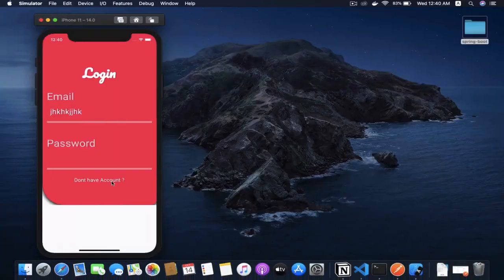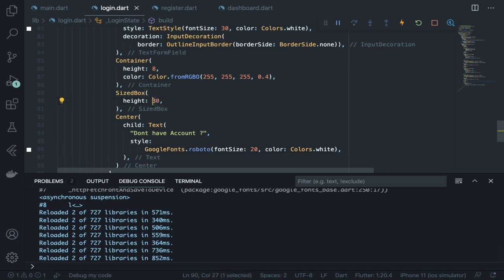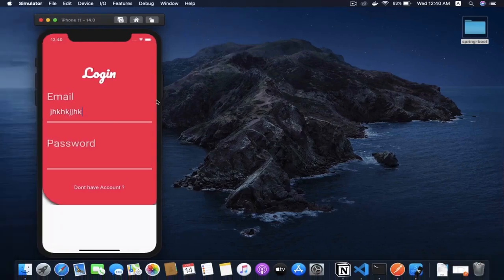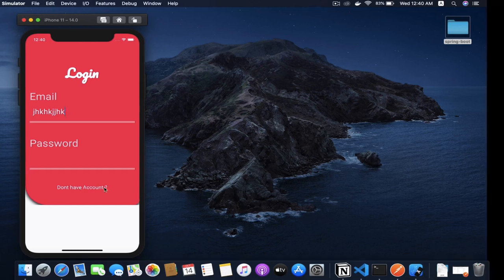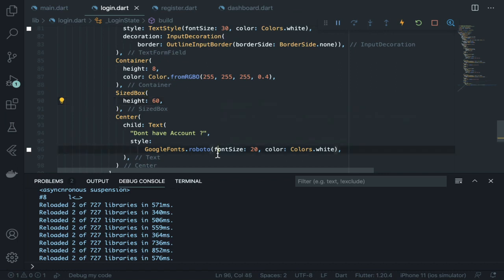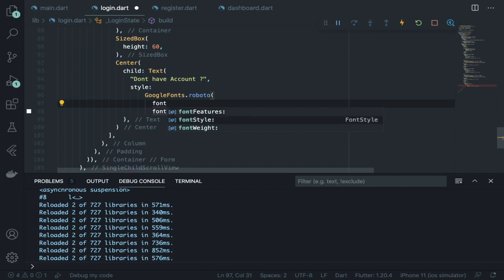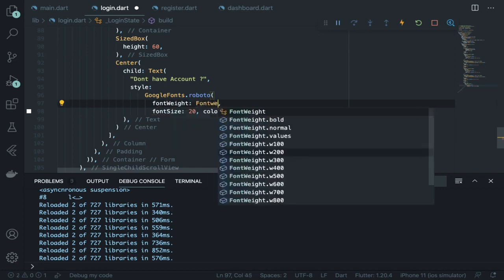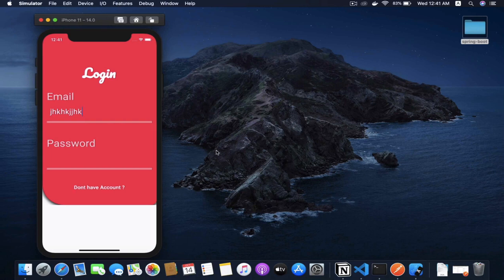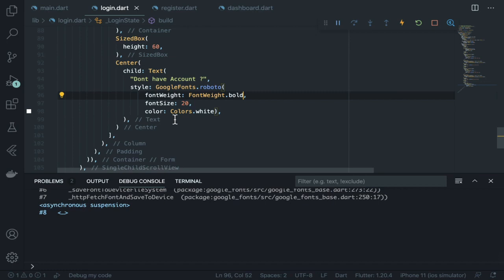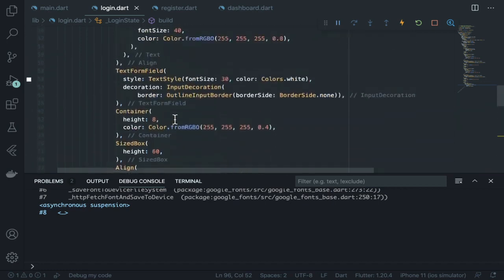Yeah, like this, and 60 will be better, I guess. Yeah, perfectly fine. You can click here if you want to, meaning if you don't have an account, click here, but font weight will always be bold. So it makes sense to use bold. Yeah, this is perfectly fine. Now the one thing missing over here is the button, how it will look like, and the form key,